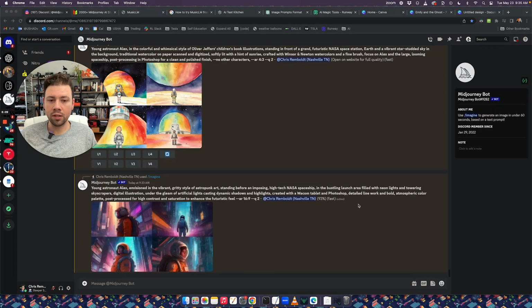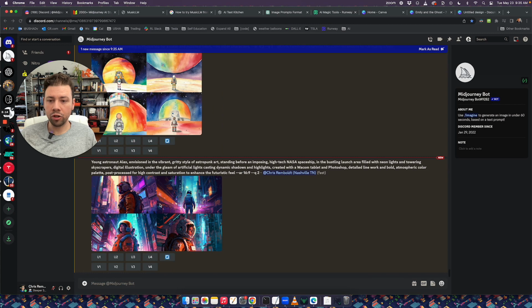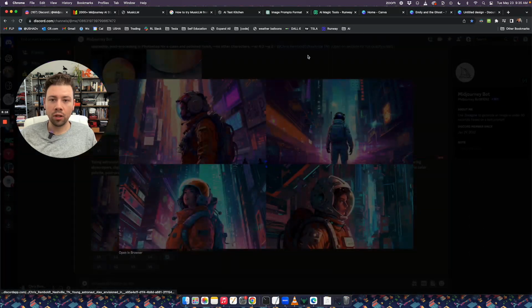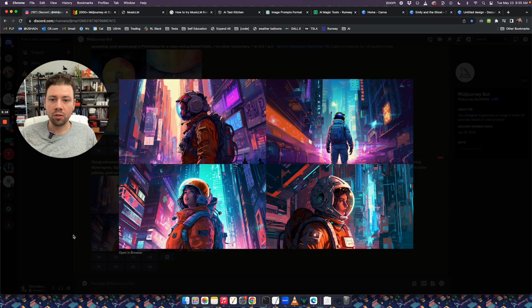All right, so already this is looking quite a bit better. We're at 93% here, and our image is done. This is more along the lines of what I was going for. This looks pretty awesome. Love the cyberpunk and astropunk sort of art style, and if I was making a book, this is probably what I would use. Let's say we grab this image here,